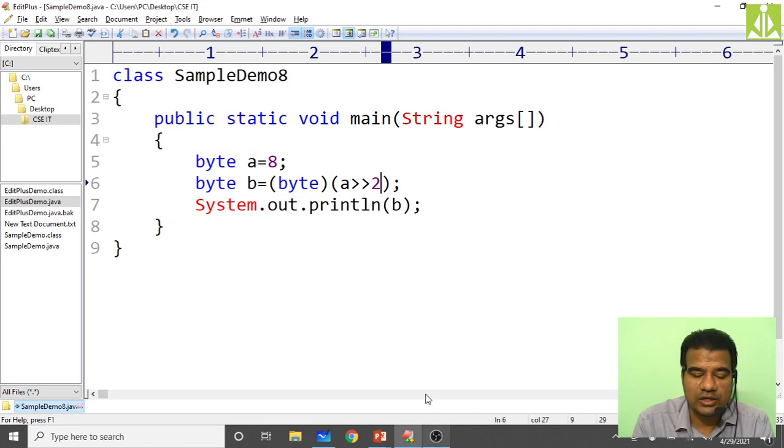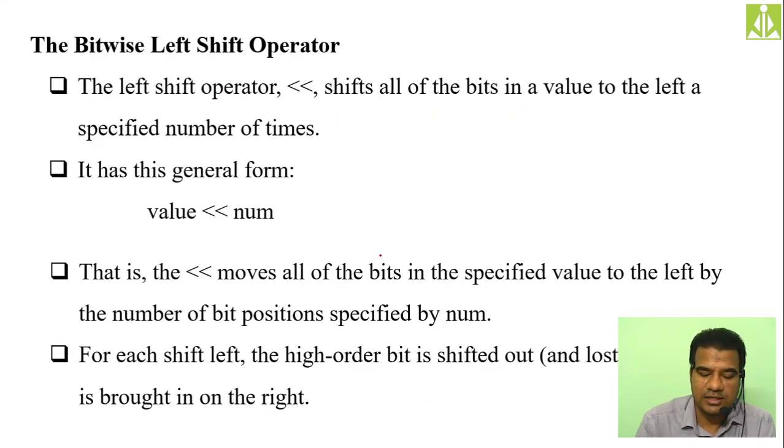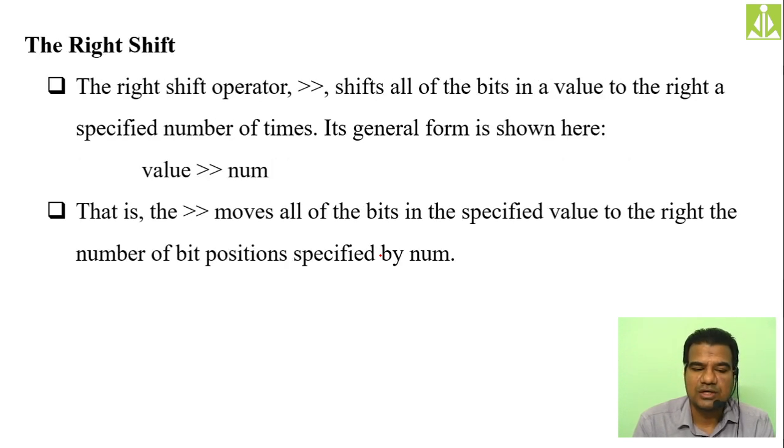It is almost 43 minutes, so let me just complete these bitwise operators at least. So this is bitwise left shift and bitwise right shift. Every time whenever we are shifting the operator content one time towards the left side direction, the value gets multiplied by 2, and one time towards the right side direction, right shift operation, the value gets divided by 2. Remember this one. And how this operation will be performed, I have given the full clarity on that one.